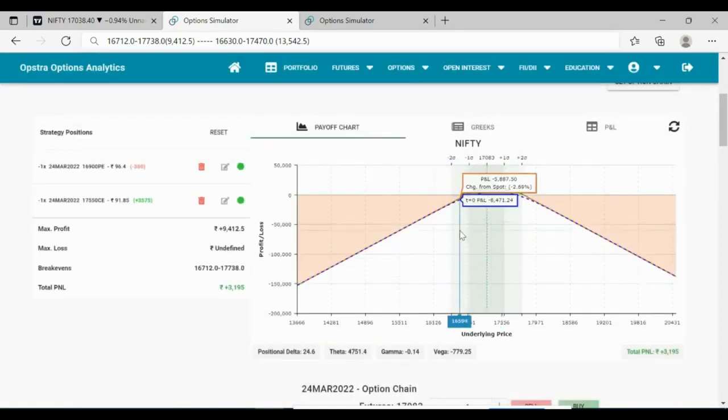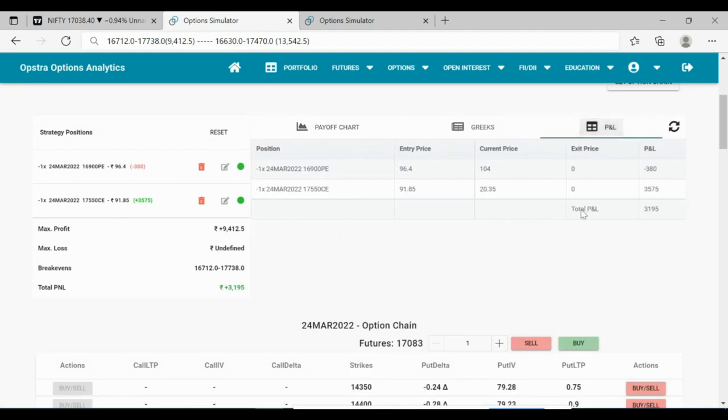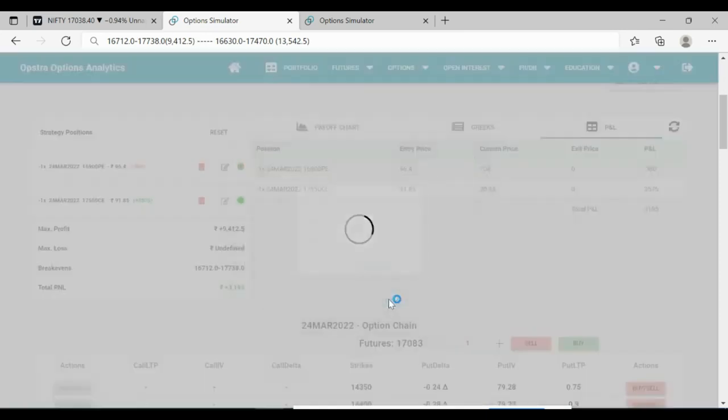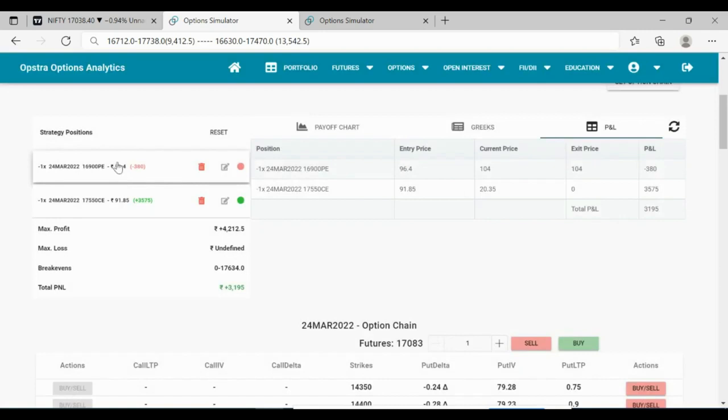So for the other kind of adjustment, I'll just go to the profit and loss. We have to do it the other way. Rather than squaring off the profitable leg, we have to square off the put. Let's say I'm squaring off at 104. I've just squared off this put leg at 104. So now I have to sell one put close to the premium of the call to make it a triangle again.